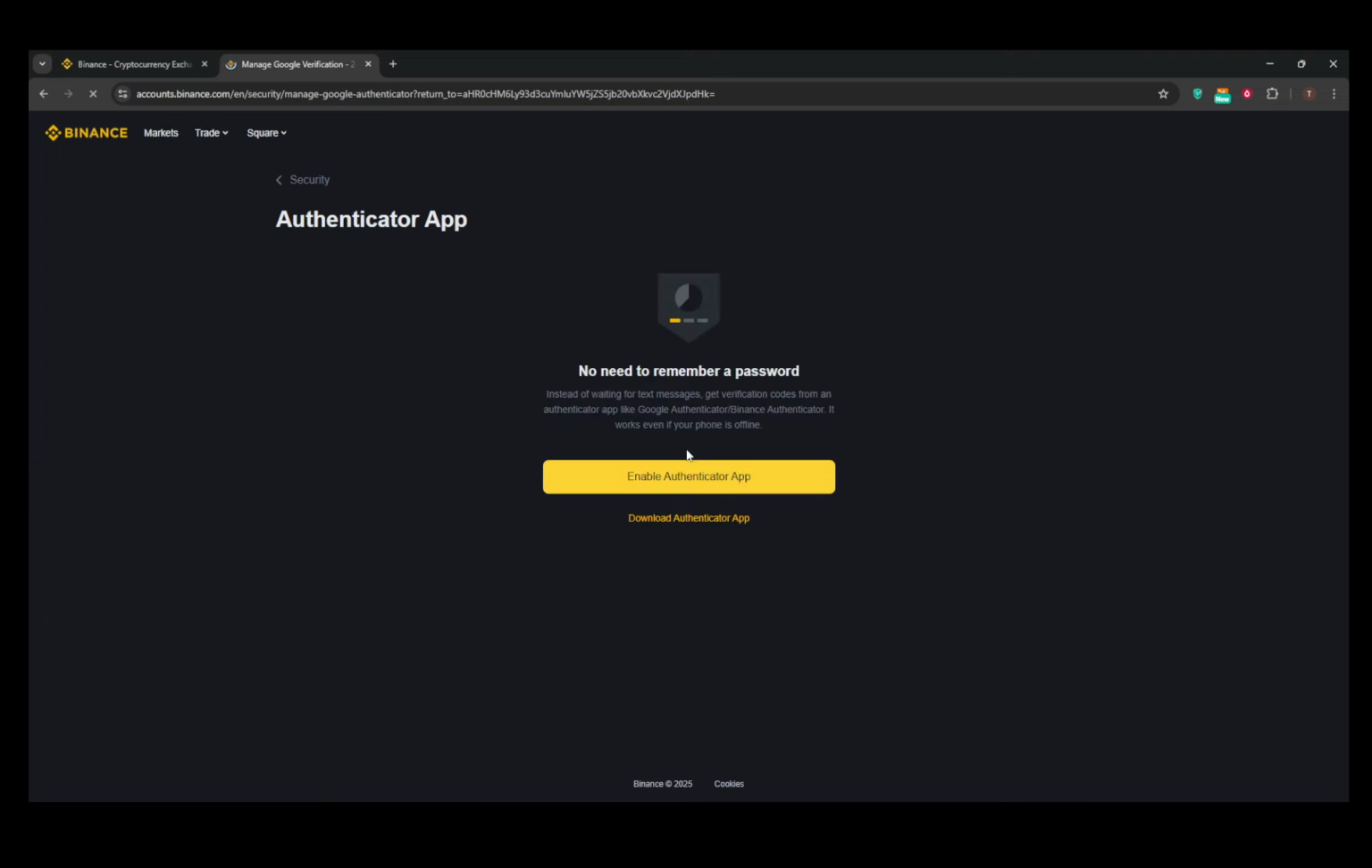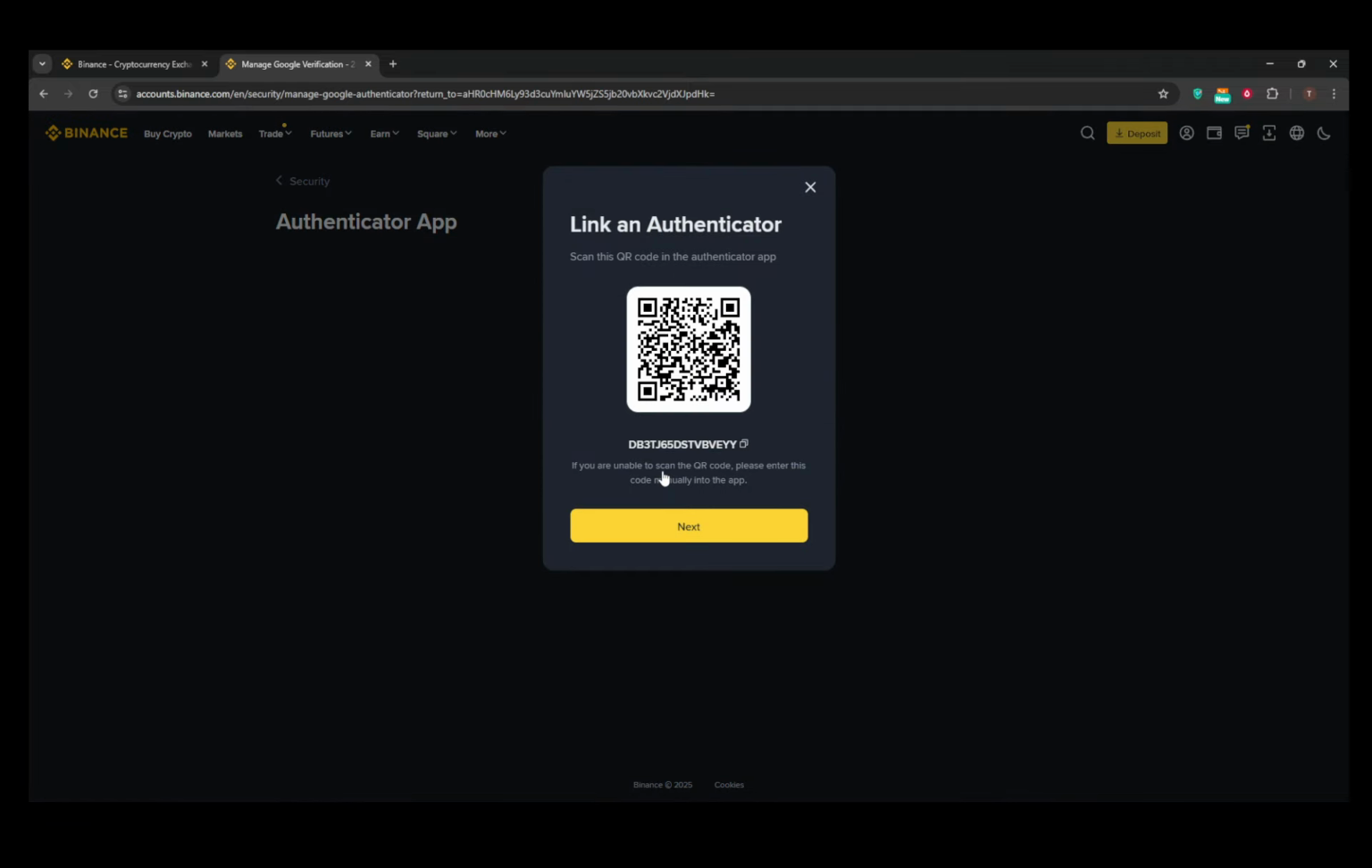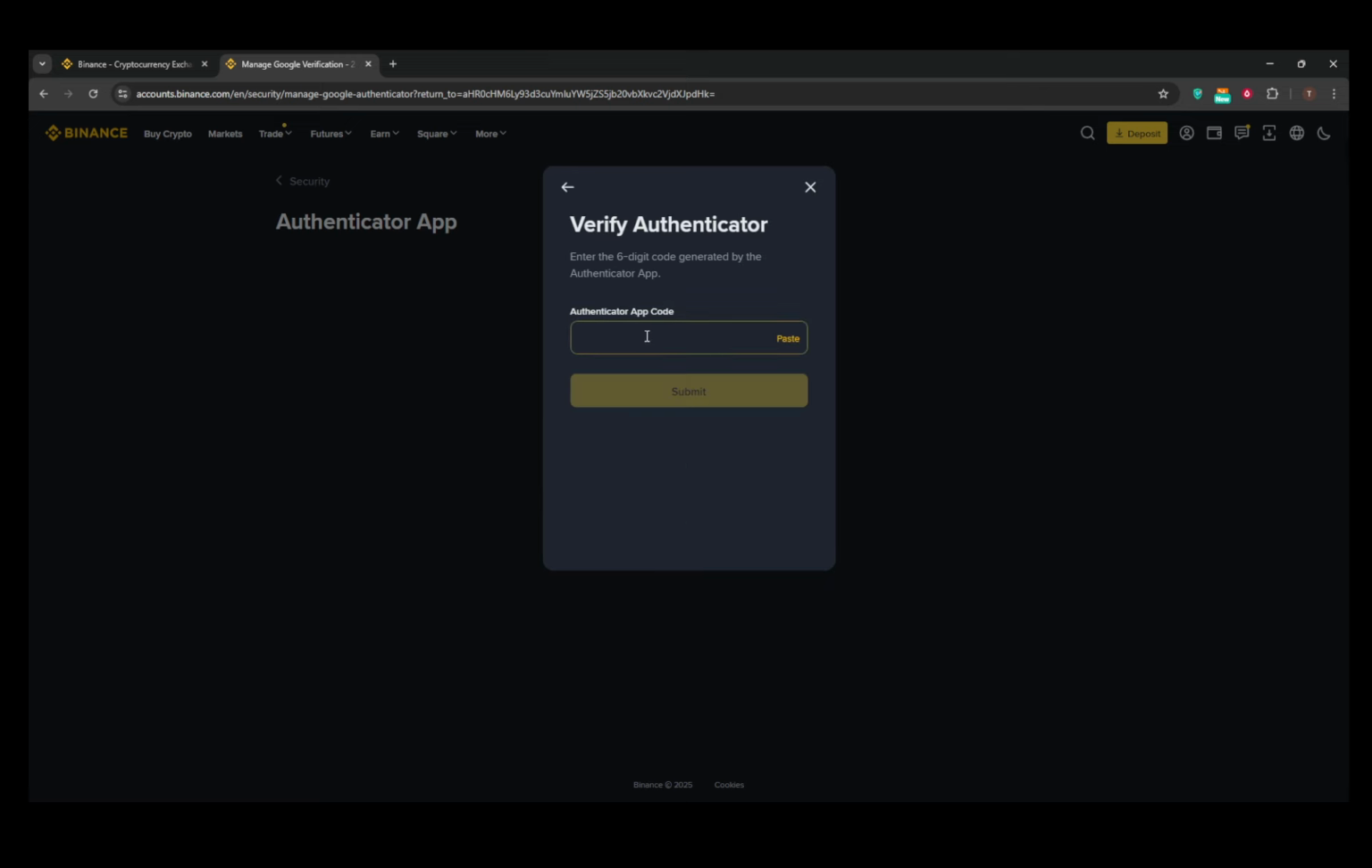If you choose to scan the QR code, simply open the Google Authenticator app, tap the plus icon, and select Scan a QR code. Focus your phone's camera on the QR code shown on your Binance site until it successfully registers. If you need to input the setup key manually, type in the key shown on the Binance website within